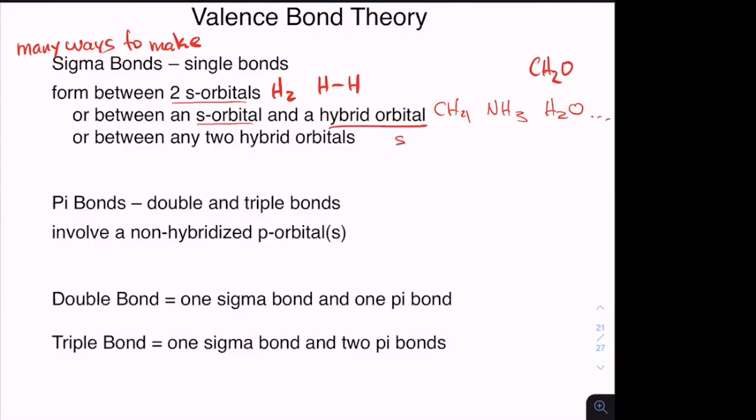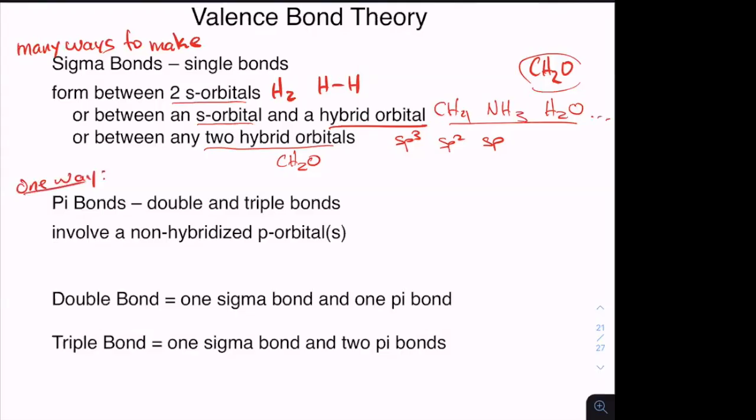It doesn't have to always be an sp3 hybrid. This can be with an sp3 hybrid, that's what I showed you with these guys. It can be with an sp2 hybrid, that's what I showed you with formaldehyde. It could also be with an sp, which I haven't shown you yet. You could even have them between any two hybrid orbitals, and I showed you that also with formaldehyde, where the overlap of the sp2 hybrids, one from carbon and one from oxygen. So there's lots of ways to make that, but there's only one way to make a pi bond,